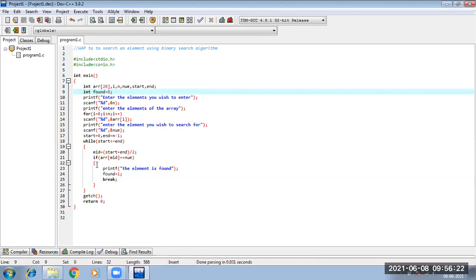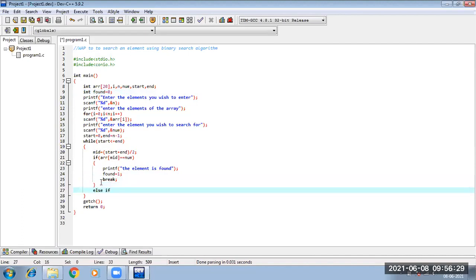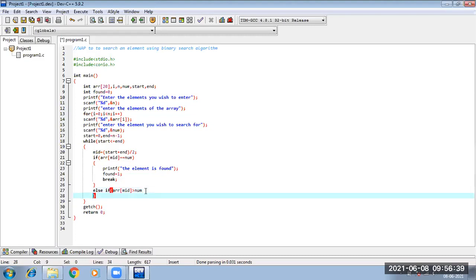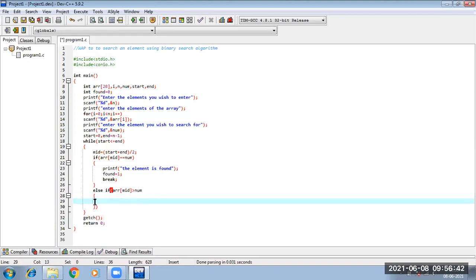Next, what can happen? Else if the element at array of mid location is greater than the number which I am searching, in which part of my array will I search?